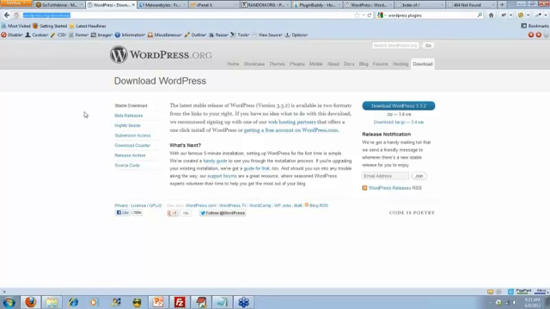You don't want to get WordPress from any other location. So you might find that someone else offers the WordPress download from their site. Our strong suggestion is that you do not download or acquire WordPress from any other location other than